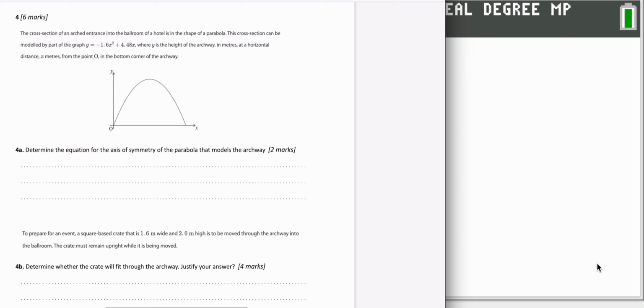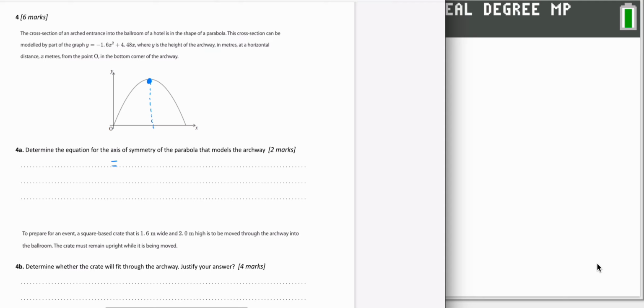As soon as we see equation, we know it should be something with an equal sign. And it's the equation of the axis of symmetry. That means where is the line of symmetry, which we know is straight down the middle of a quadratic. And so we're looking for the minimum or the maximum point so that we can find the equation